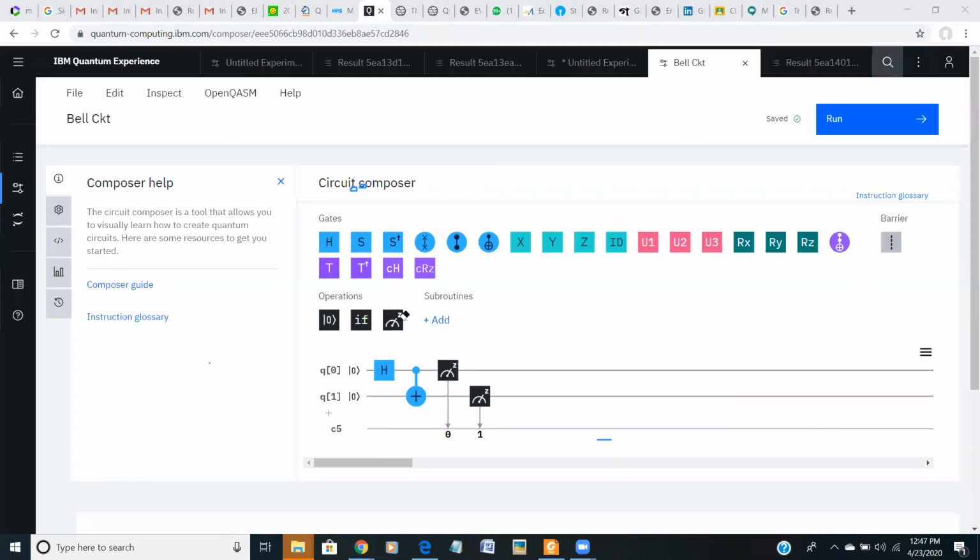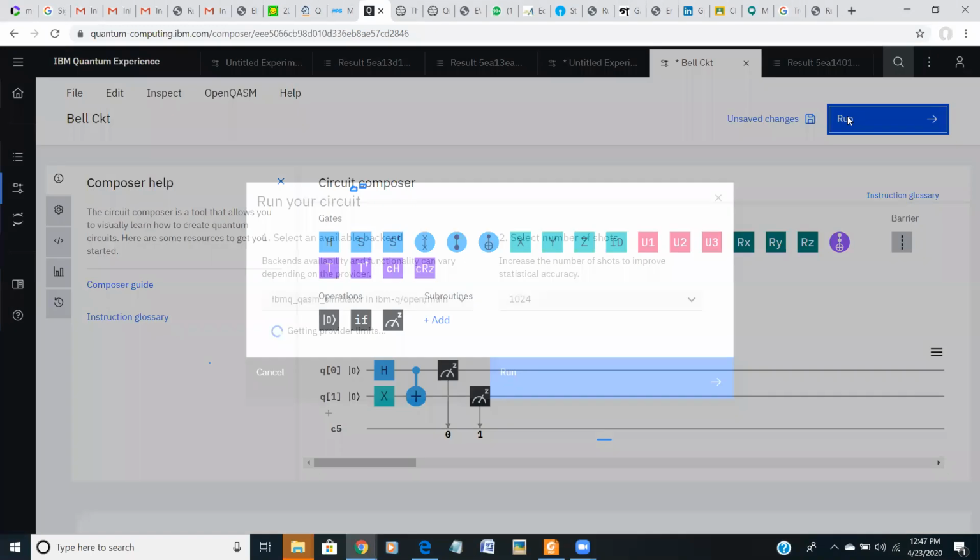Before that, I want to make one input an X. So that it becomes 0, 1. Beta 01 is 00 minus 11. Right? Save the change, run the thing.